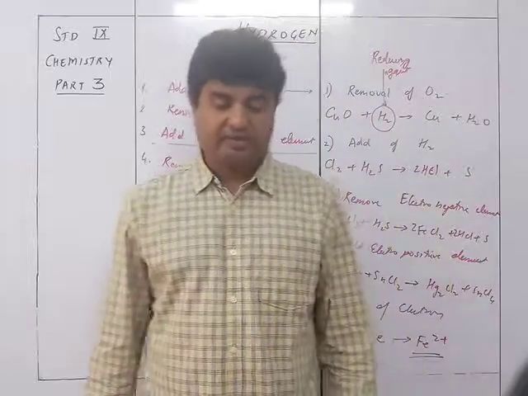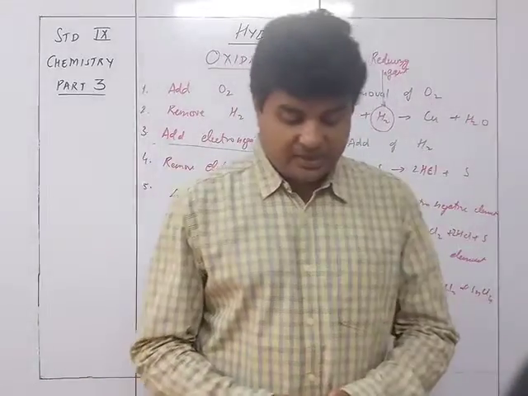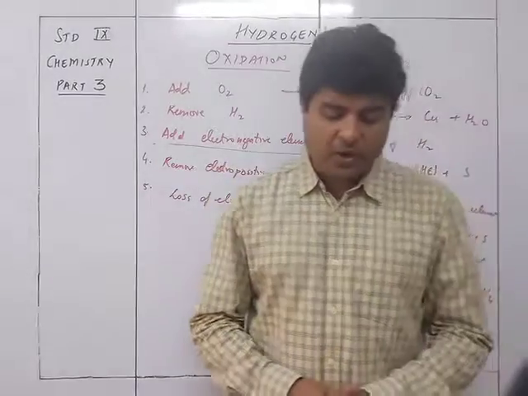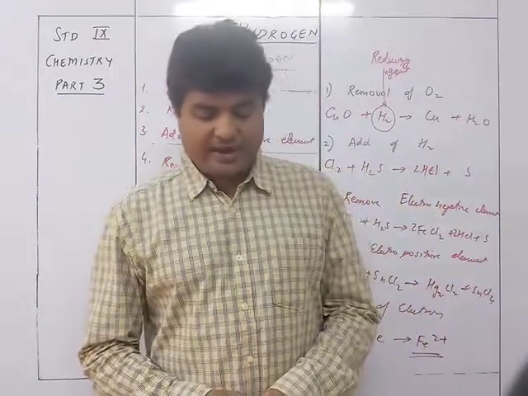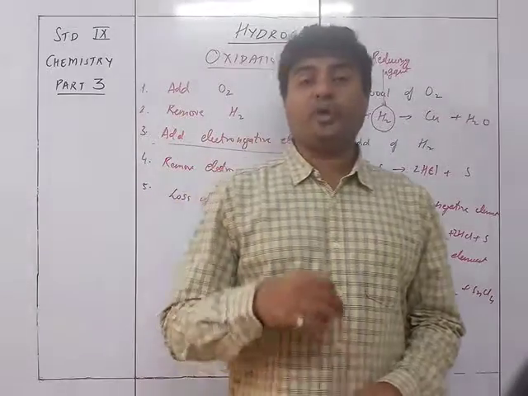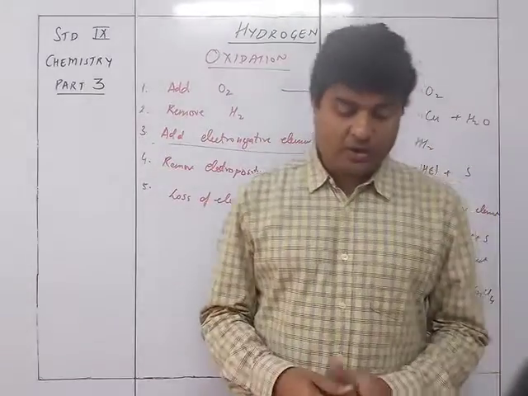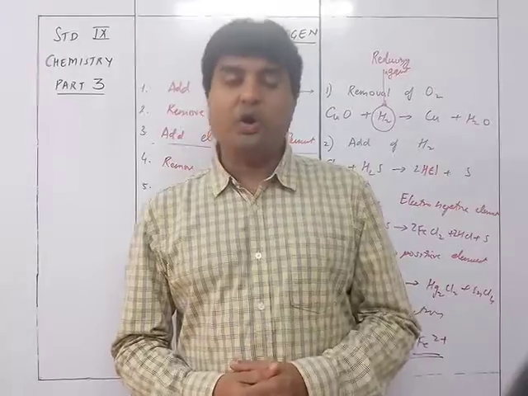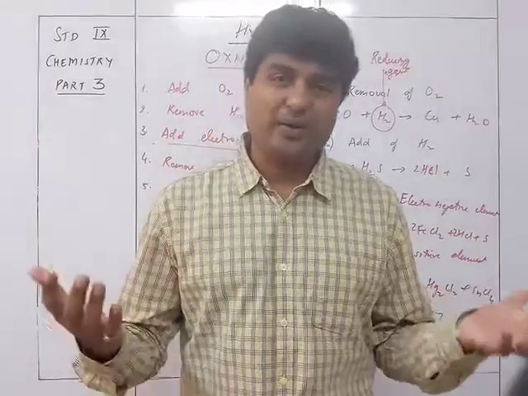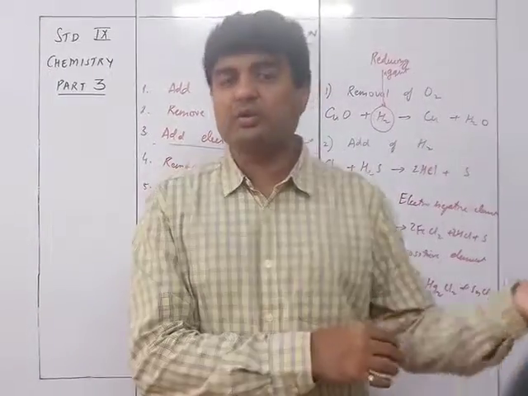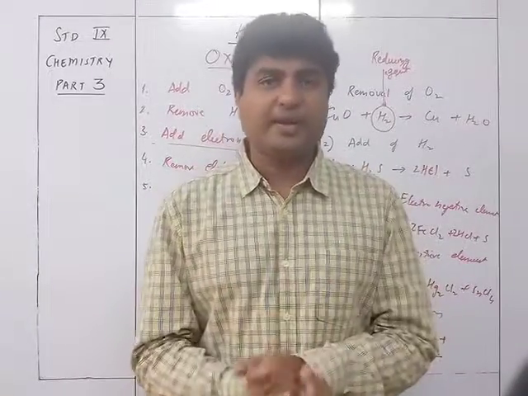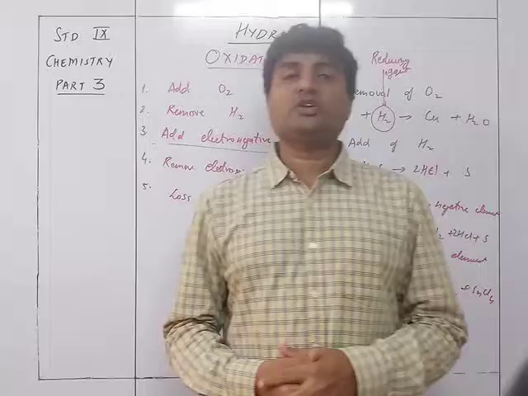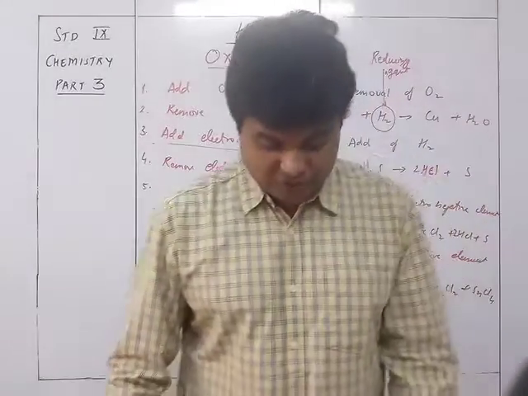And finally, we see the redox reaction, that is a chemical reaction involving oxidation of one substance and reduction of the other. The redox reaction involves loss or gain of electrons, where oxidation and reduction occur simultaneously. So if one is going to lose electrons, the other is going to gain electrons. That's why there will be oxidation and reduction taking place simultaneously, and the reaction will be called a redox reaction.